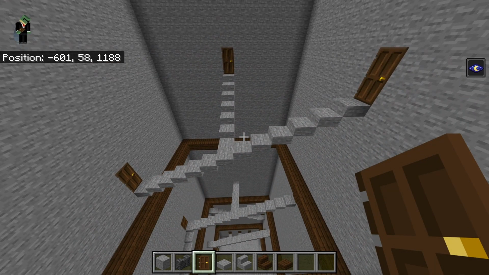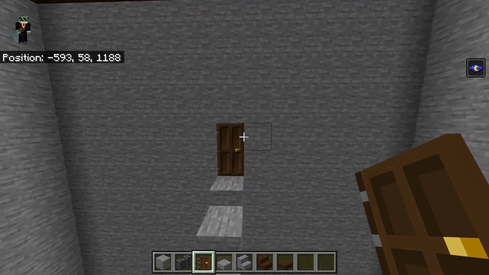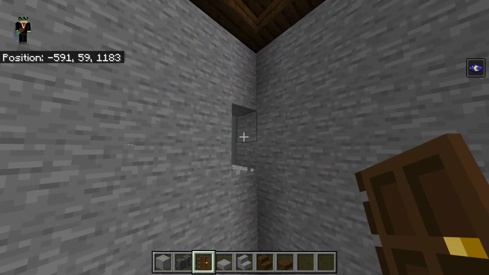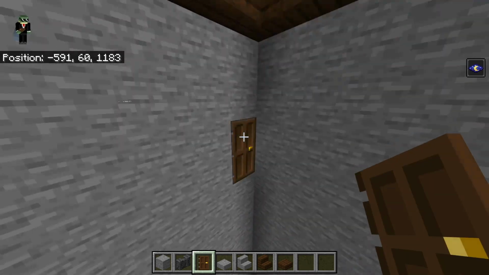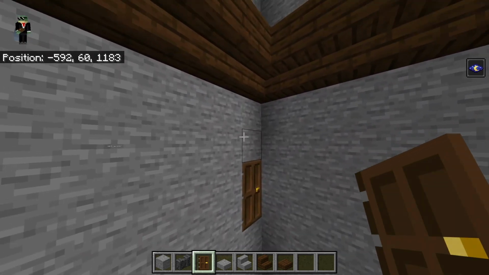That's why I had the slab thing in my mind, I guess. Anyway, from that back door, you will count to the stone above it and just trace it to the left wall, and kind of at the back here, you'll break a dark oak door. It'll end up being just in the corner, and it'll have two blocks of stone above it before the